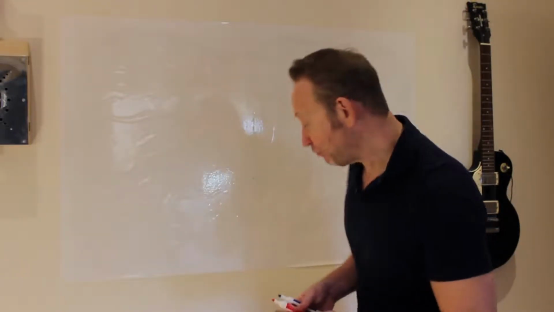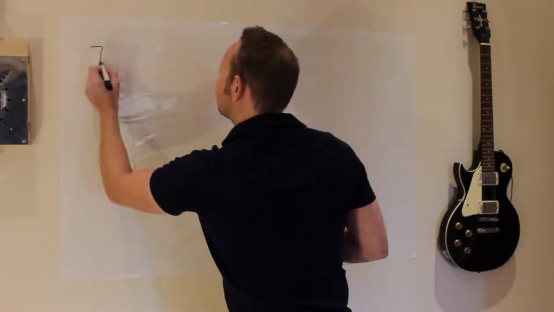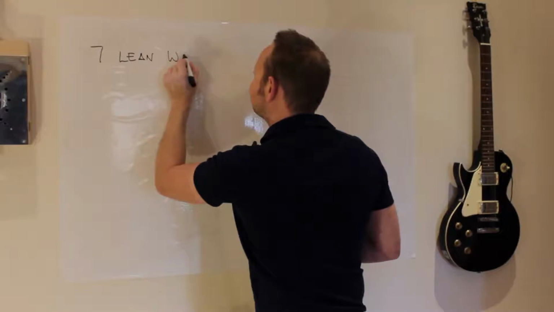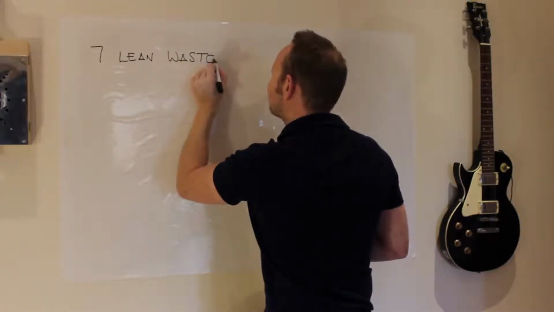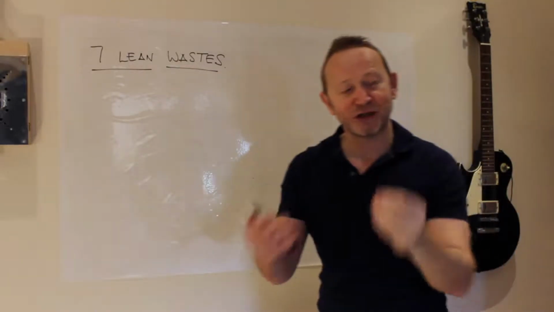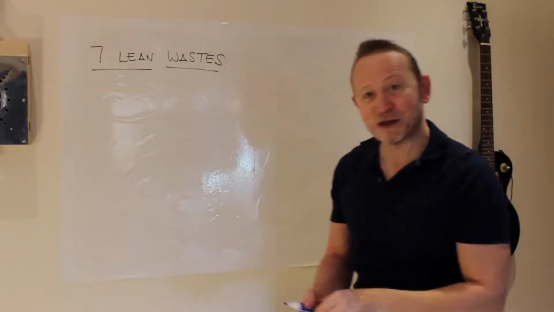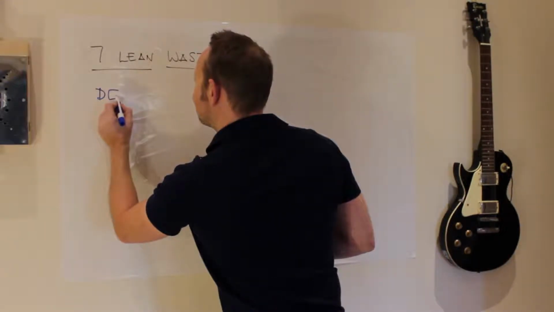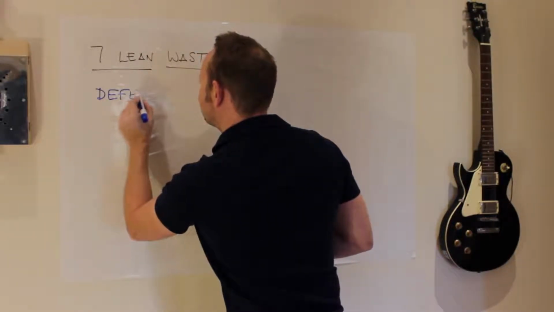Let's look at the 7 lean wastes. Some people like to use a little acronym. They like to use Tim Wood as a little memory jogger. I'm going to try and do this from just off the top of my head here. So we're going to go defects,